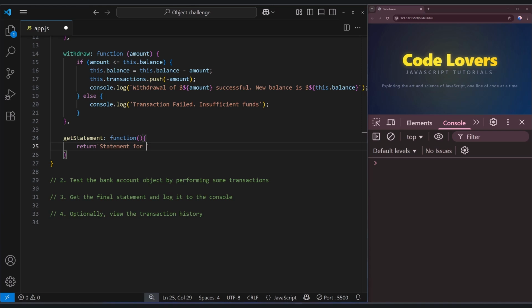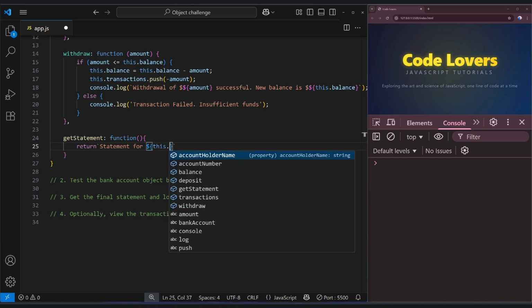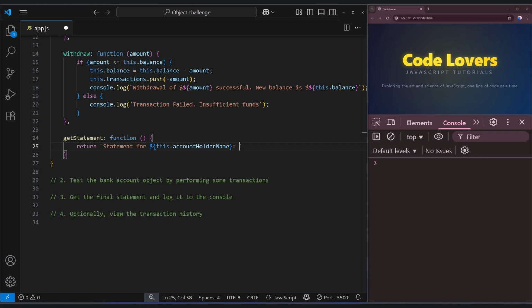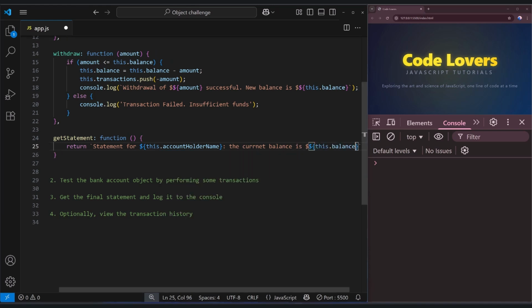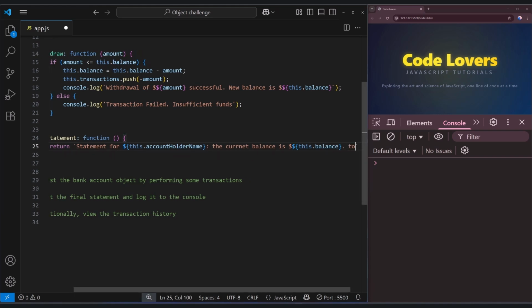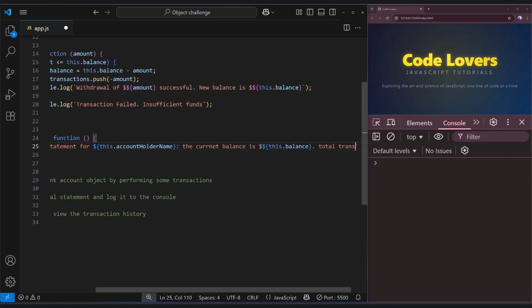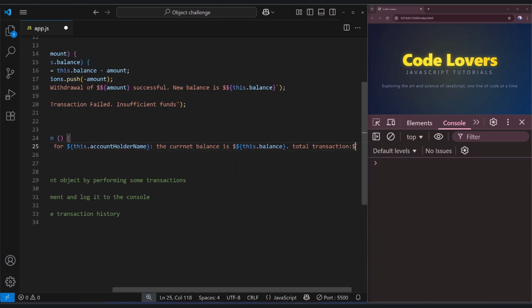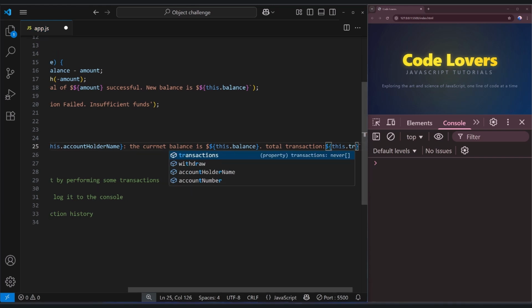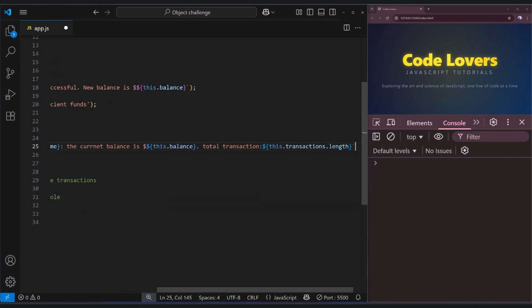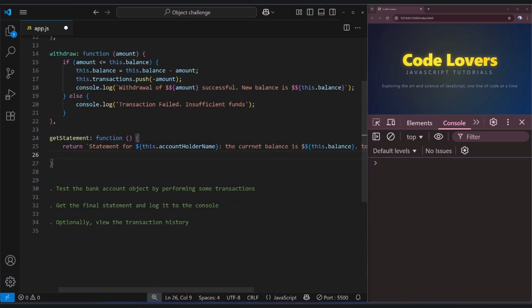Statement for ${this.accountHolderName}. Next: the current balance is $${this.balance}. Total transactions: ${this.transactions.length};